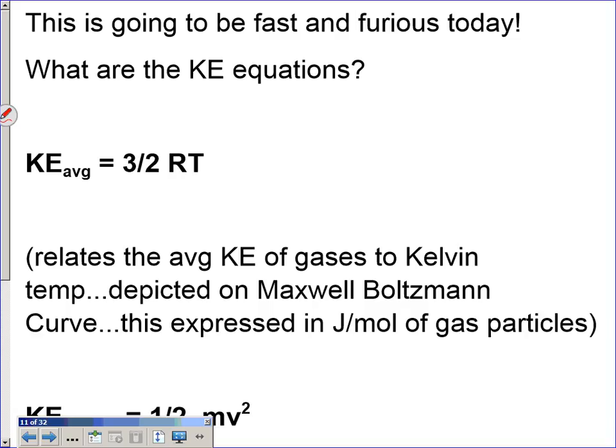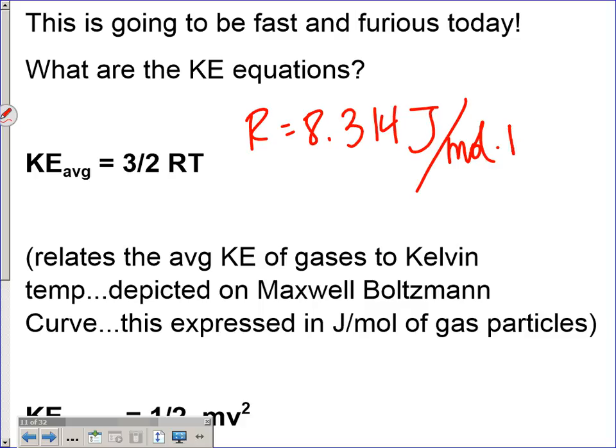What's the R value again? 8.314. You have to think energy, joules per mole Kelvin. Okay, so don't forget that's your R. That means temperature must be in Kelvin. And the relationship between kinetic energy and this equation should definitely be that joule right there, because the kelvins will cancel, right? Running units is important. You'll have joules per mole, which is going to be representing your average kinetic energy of